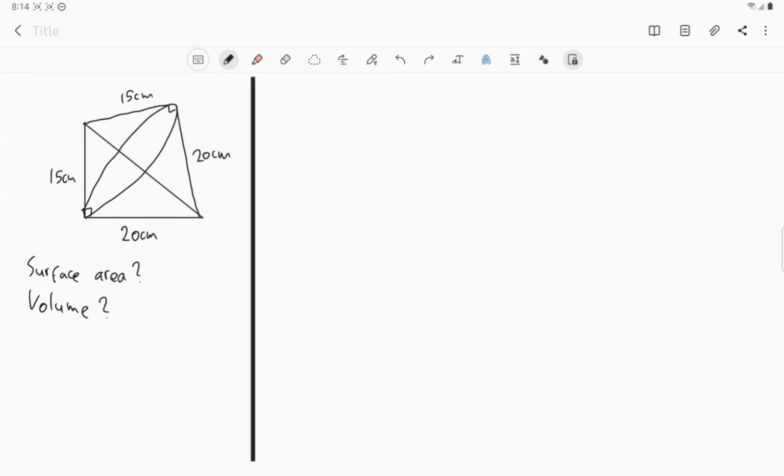Now let's find the surface area first. Let's say that this is A, B, C, and D. From B, let's draw a line perpendicular to AC. Let's say that the intersection is K. Now do the same from D. Now you will realize that it forms a 180-degree angle, which means B, K, and D are in a single line. Now let's look at the first smaller cone,